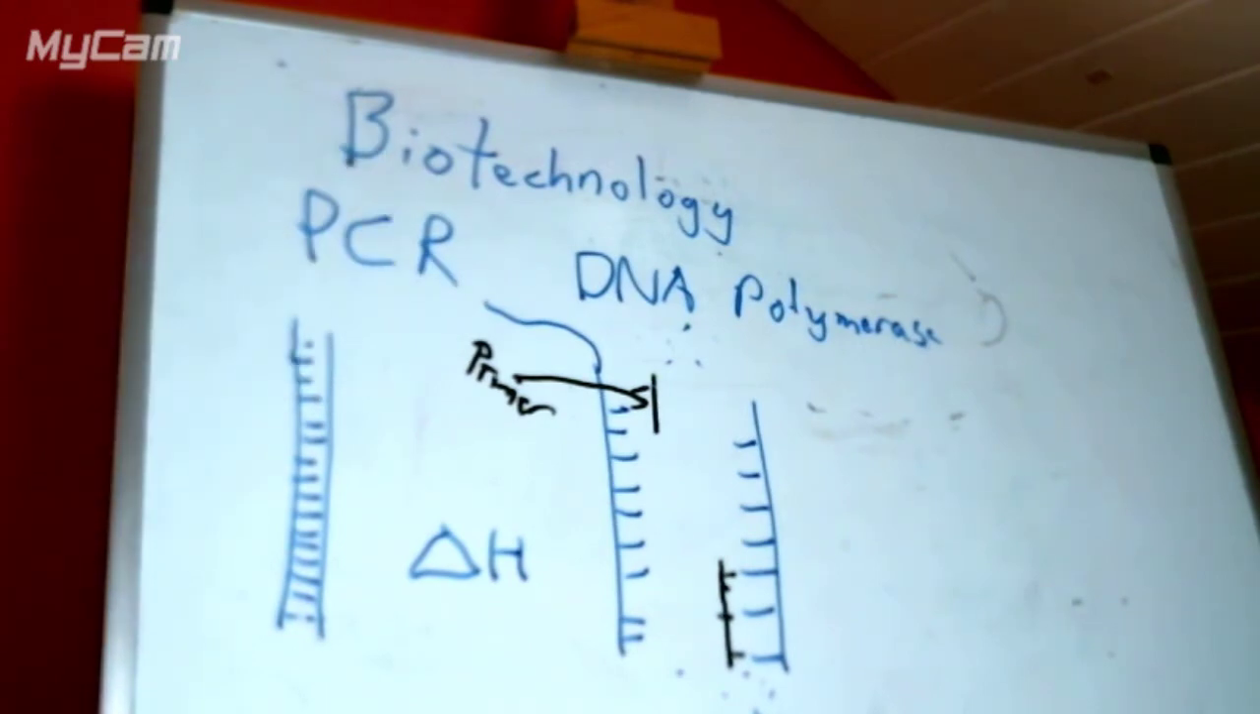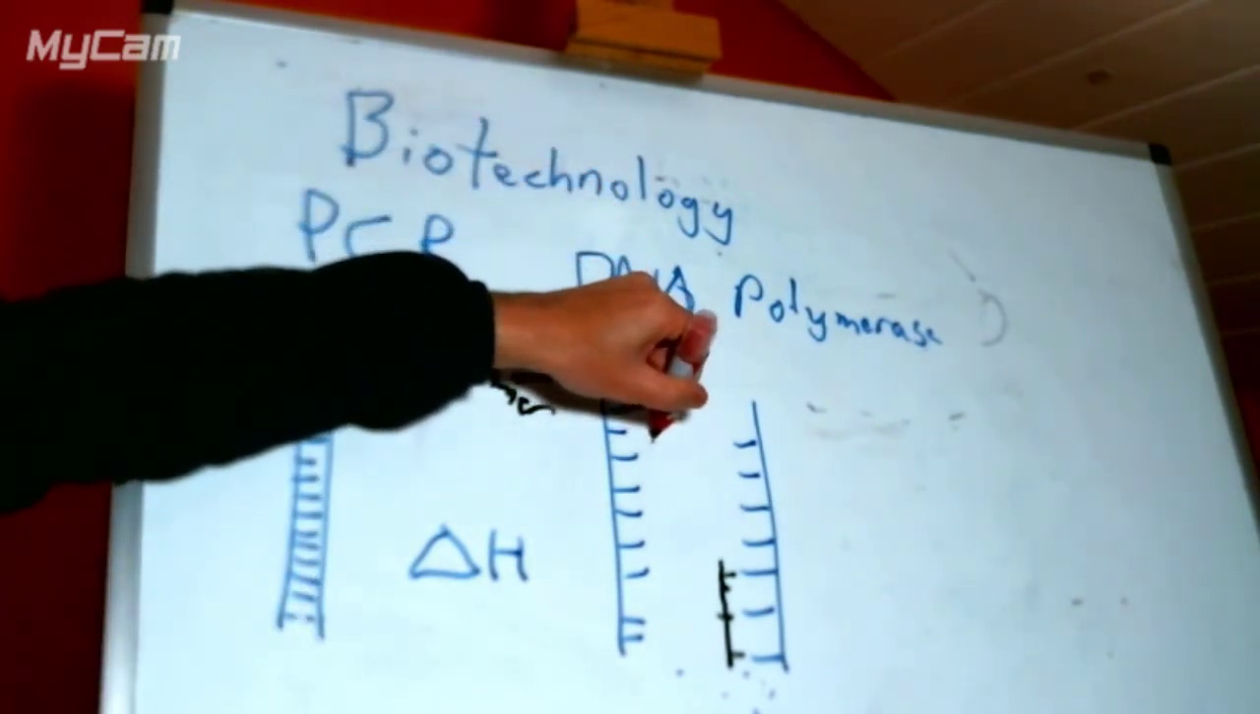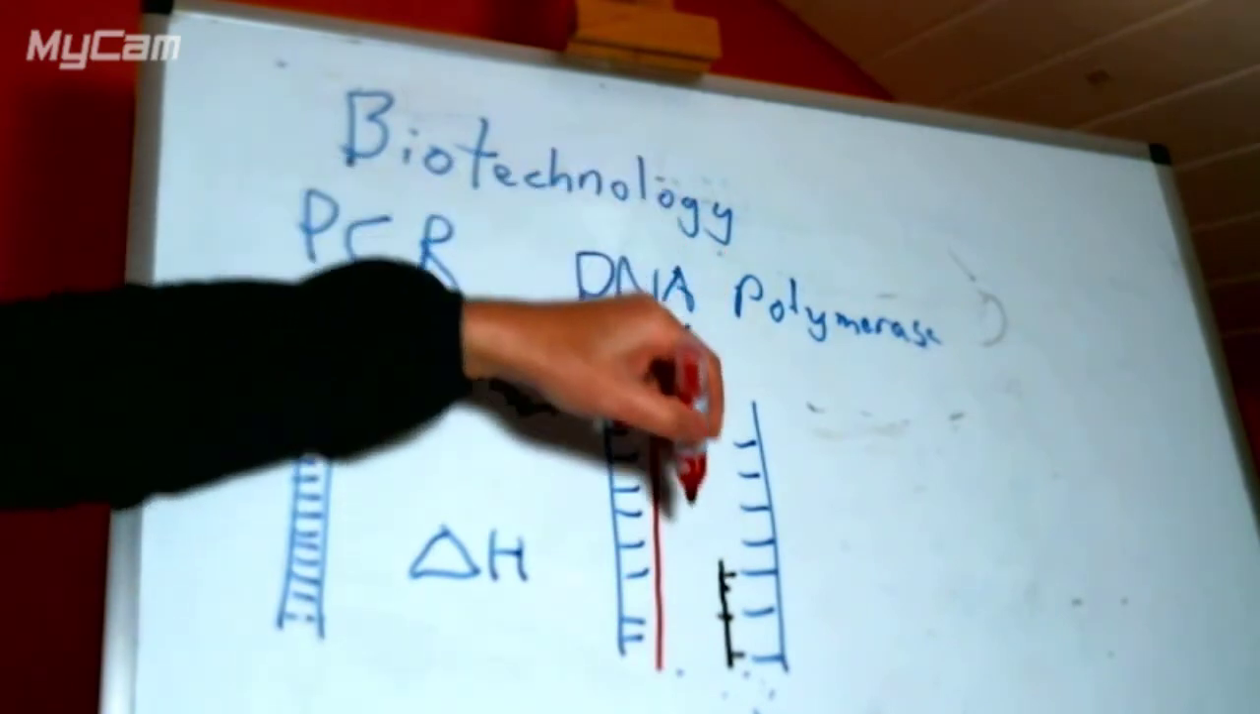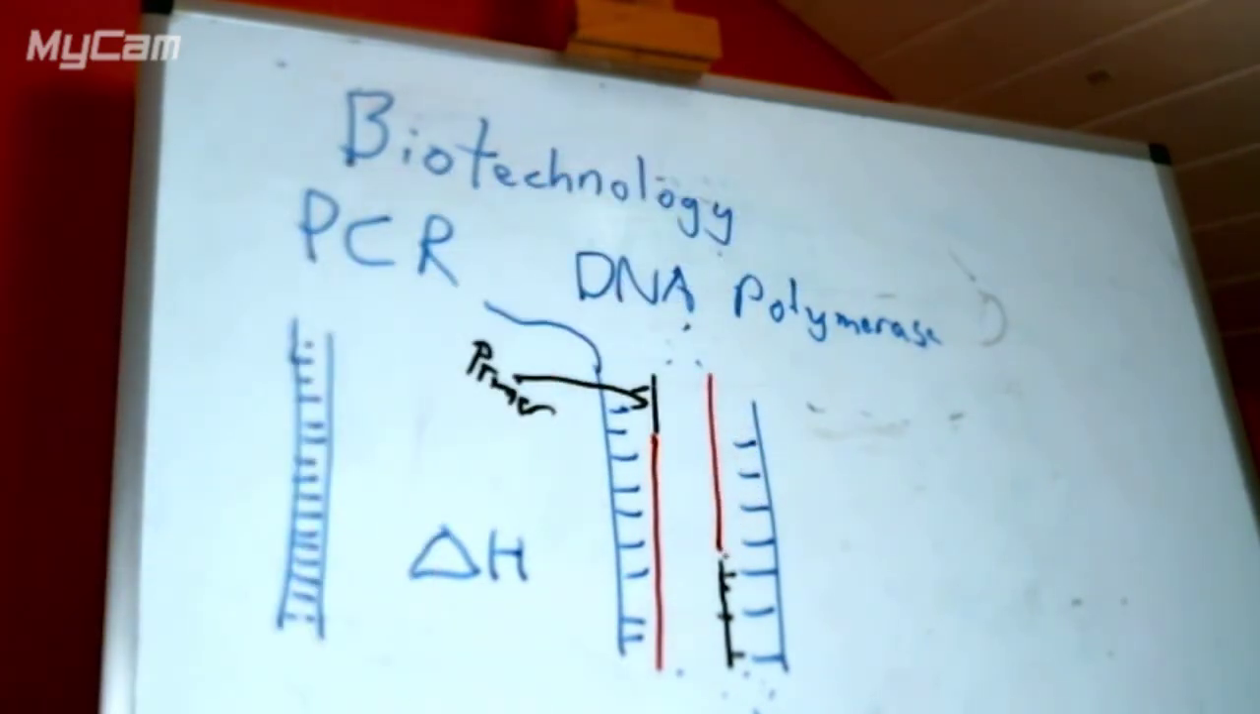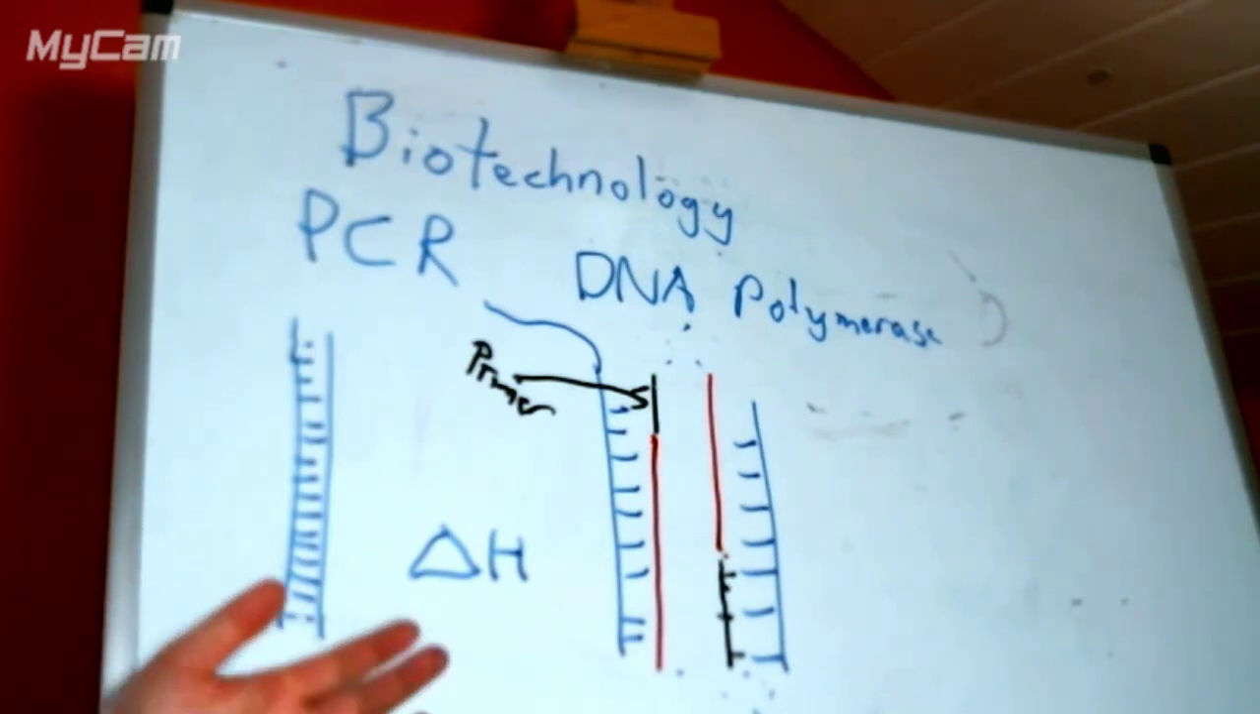As we cool it down further, the DNA polymerase gets into action and finishes the rest of the strand, leaving us with 2 new strands of DNA, which we can run through another cycle. The good thing about this reaction is all we have to do is heat it up and cool it down,